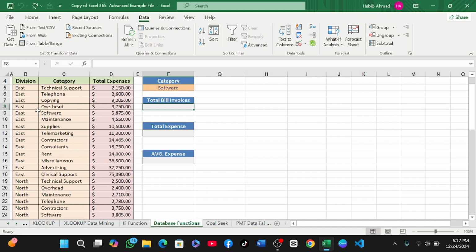For example, now we have our division here, our category here, and we also have our total expense here. So for example, we want to know our total bill. How will we get our total bill? And we want to get our total expense. How will we get it? We are going to see it within a short while. And also we are going to see how we can get the average expense. For all this we will be using COUNT, SUMIF, COUNTIF, and AVERAGEIF, which allow you to sum, count, and average